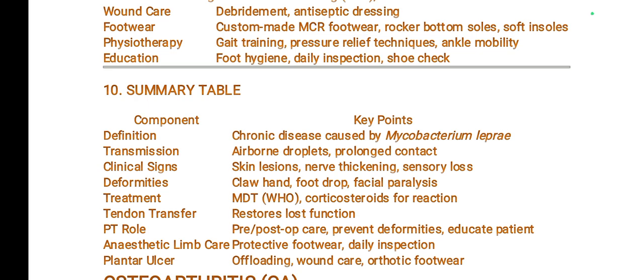Major treatment is WHO-recommended MDT, with corticosteroids for reactions. Tendon transfer in further cases restores lost function. Physiotherapy role: pre and post operative care, prevent deformities, educate patient. Anesthetic limb care, protective footwear, daily inspection. Plantar ulceration: offloading, wound care,